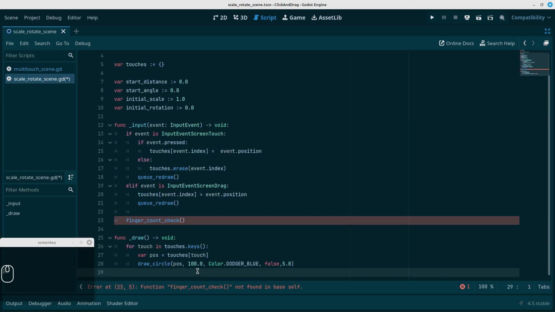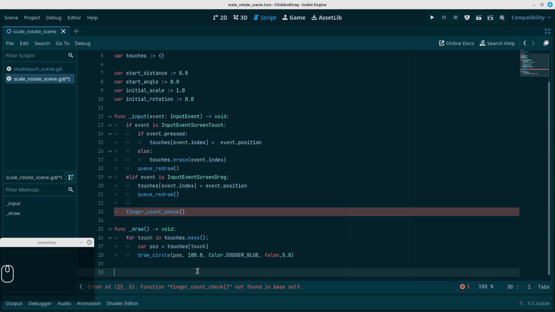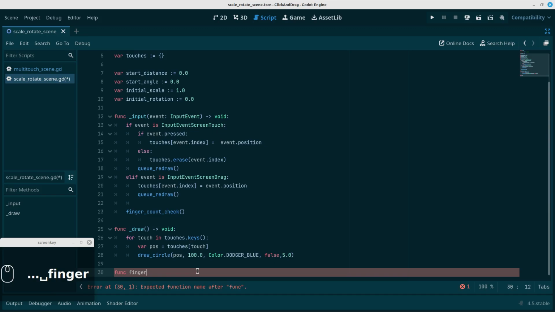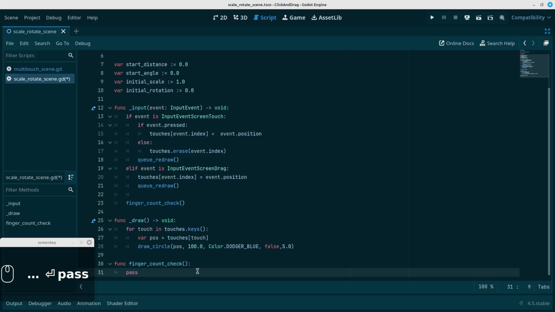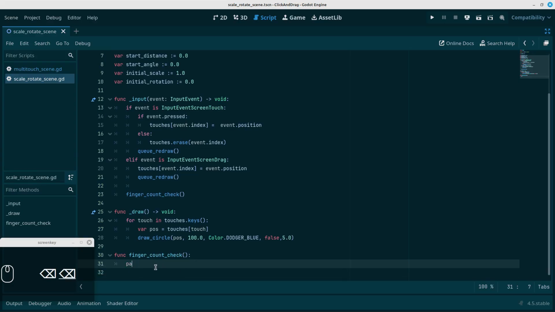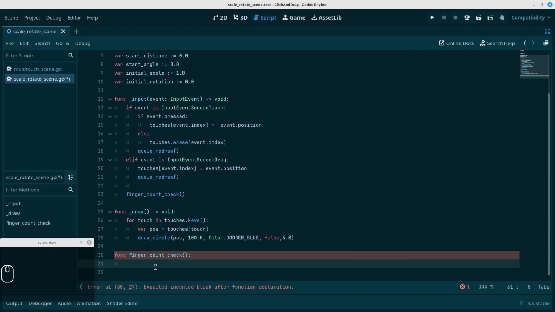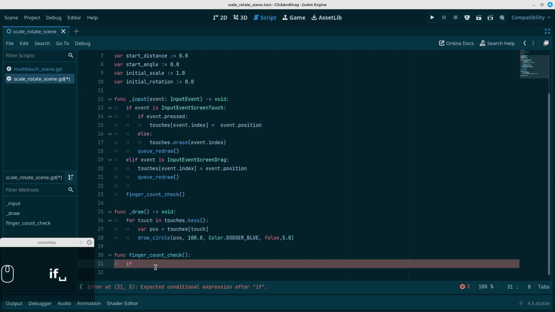So let me go to the bottom of the code and create a function called finger count check. And let's just put pass for now. So here we want to check for, it's going to be scale and rotate, so we need 2 fingers at least. I'm just going to stick to 2 fingers. So we're going to check to see if 2 fingers were used. So if touches,